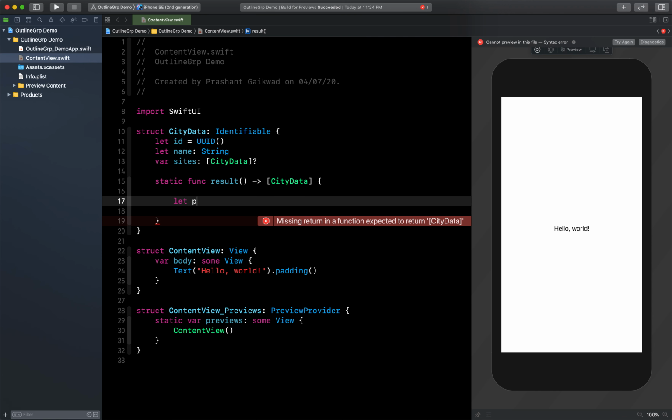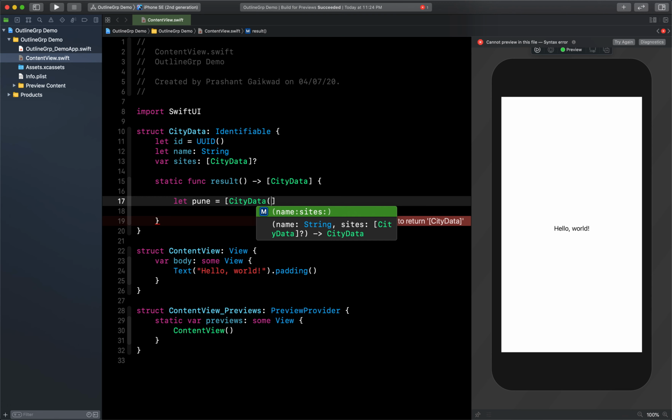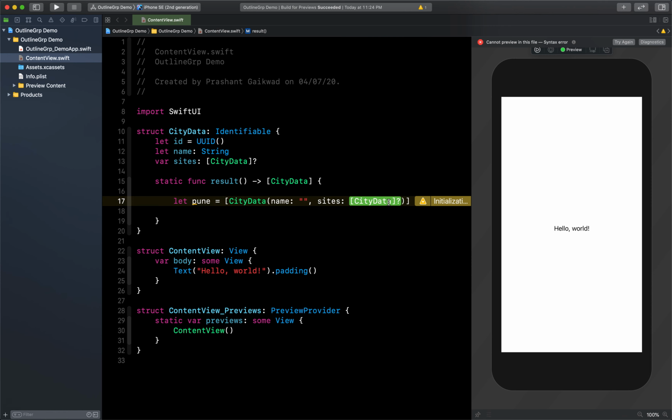Let's say first my city is Pune, then inside this we can give our dummy data. Here we can give name and sites, but for this example I will first give only sites.